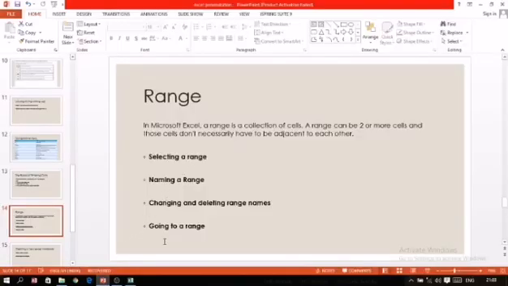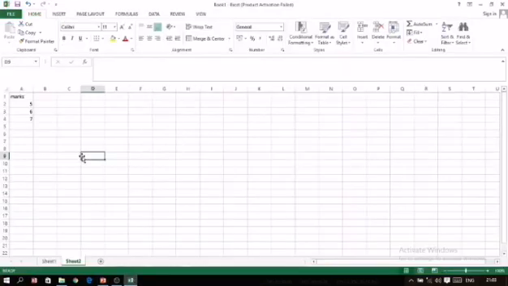Selecting a range is very simple. Just click in one of the cells, then bring the cursor in the middle, press the mouse left button and start dragging. Your cells will get selected. If you want to select continuous cells, this is the way. If you want to select non-continuous cells, then hold down the control key and select the other ranges. So in this way you may select